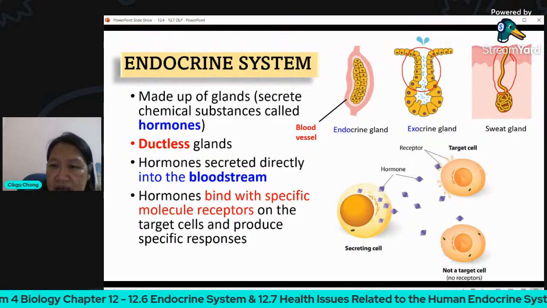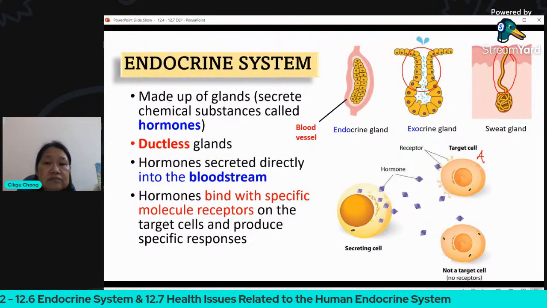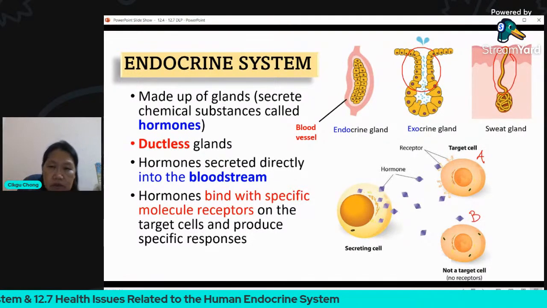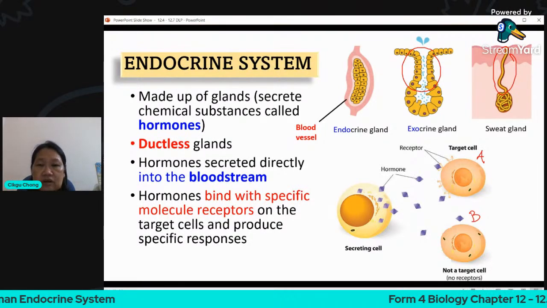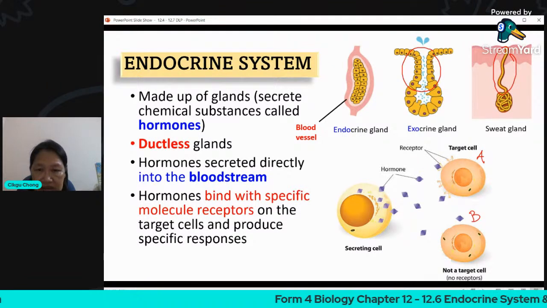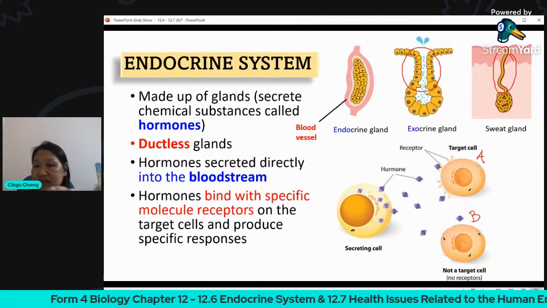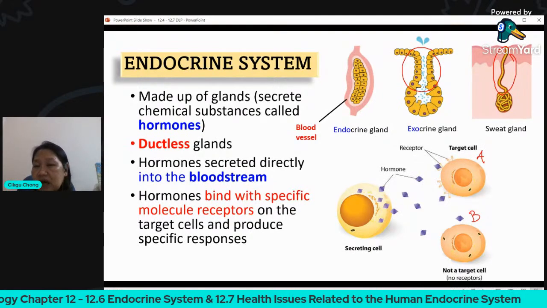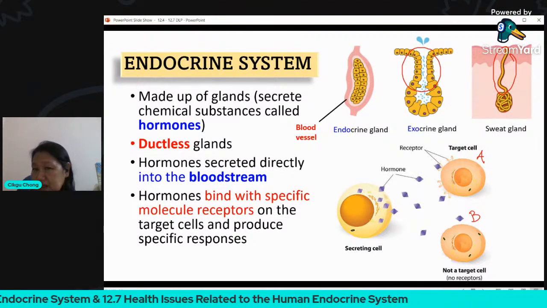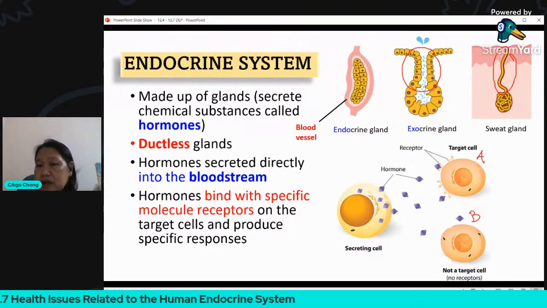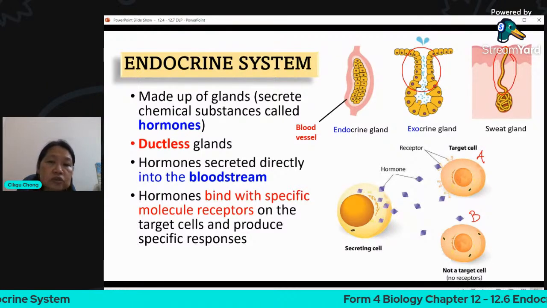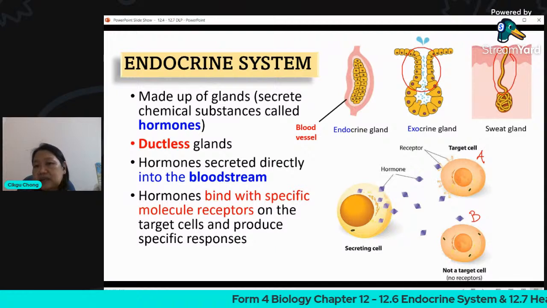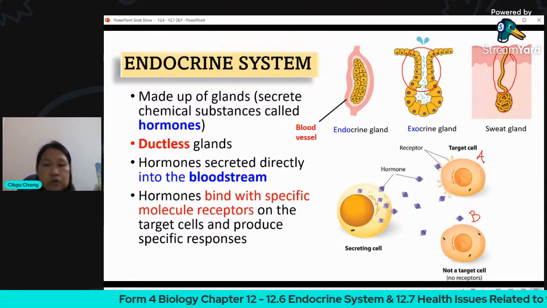You can see here, let me write down, this is A cell and this is B cell. Now, A cell has a receptor on the surface of the cell. When a hormone comes, the hormone is this diamond-shaped yellow or purple substance there, and that symbol symbolizes the receptor. So it has special receptors on the target cell. Because the target cell has the receptor, it will produce a response to the hormone. So when the hormone comes, the target cell will be stimulated to do something.